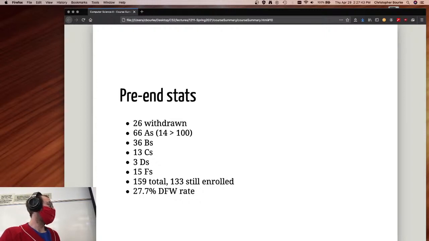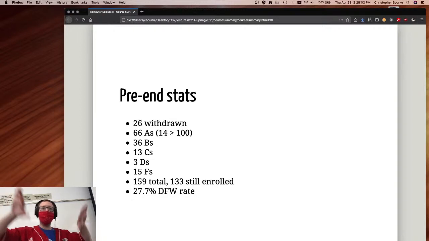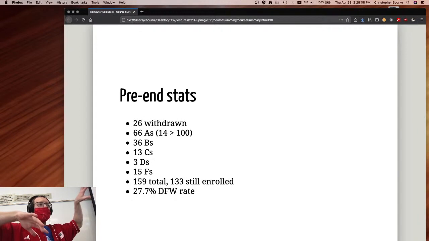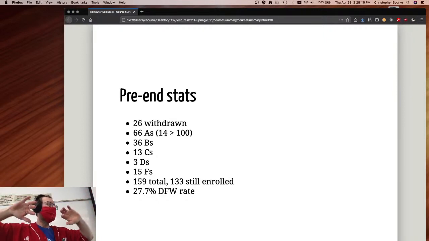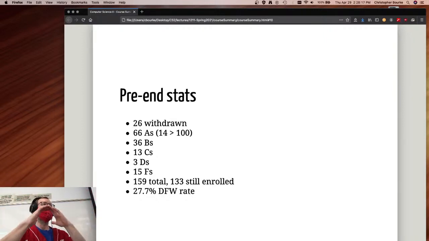Well, unfortunately, even in a regular year, it's still 20%. And computer science 1 is even worse. It's usually 40%. Thankfully, last fall, it was actually no higher than usual in fall 2020 for computer science 1. But it's an inverted normal curve. You have a lot of really high grades, you have a lot of really low grades. And it's bimodal, right? It is a bimodal distribution rather than a normal distribution.